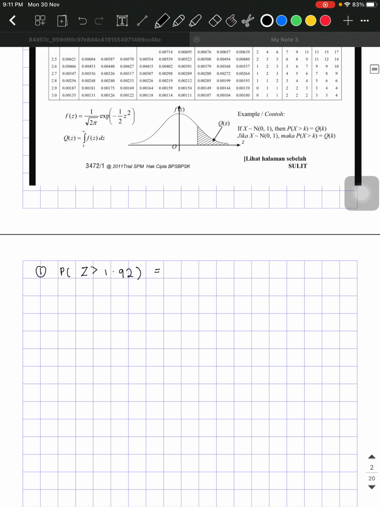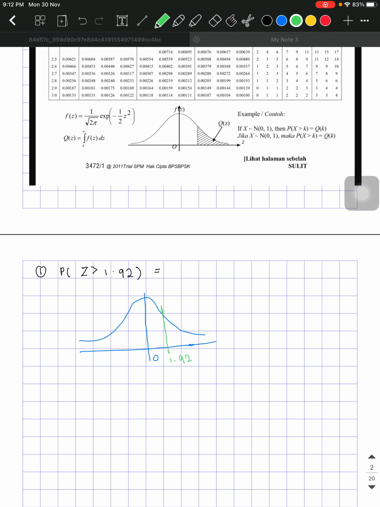The first example, which is P(Z is more than 1.92). So I'm going to draw the bell shape graph. This is 0, and then we need to put